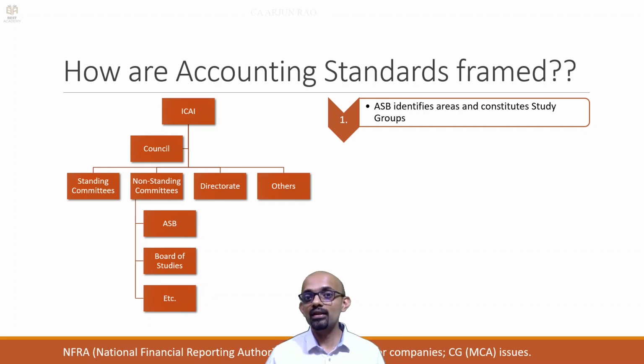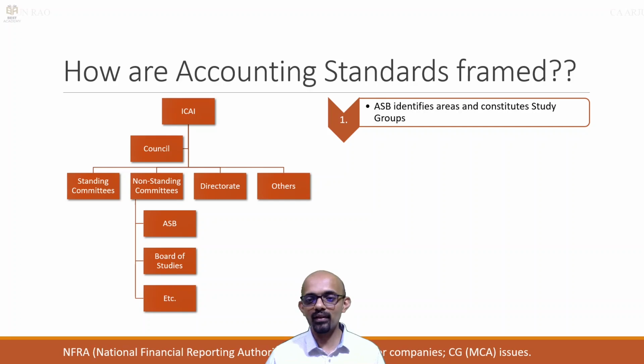So in a situation like this, the accounting standards board will say, okay, currently the inventory valuation system is not standardized, let us standardize it, let us try and frame an accounting standard. So I am talking about the pre-accounting standard 2 era, before all these accounting standards were issued. This is what the accounting standards board would have done. Now also if some new situations arise which require standardization, this is what the accounting standards board will do, right?